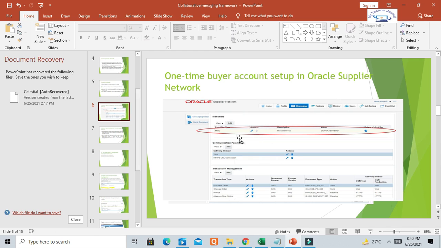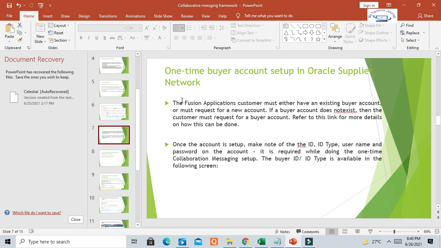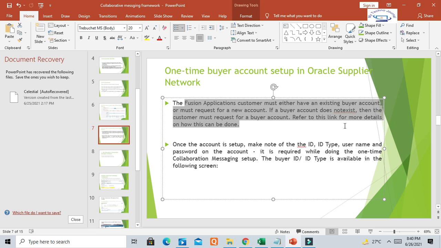So these are the one-time buyer account setups. The Fusion application customer must have an existing buyer account or must request a new account. This buyer account we have to create in Oracle, and once the account is set up, make note of the ID.